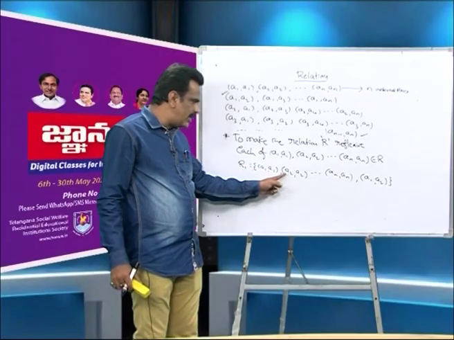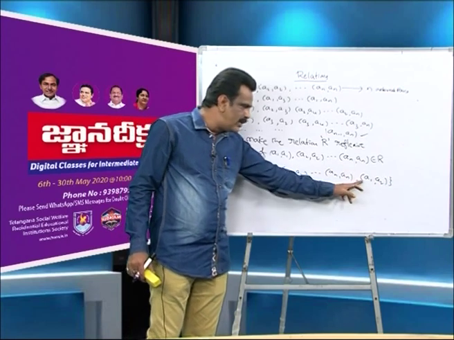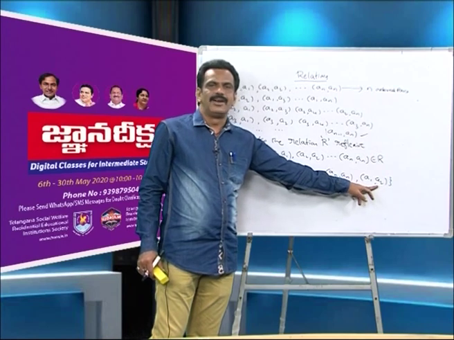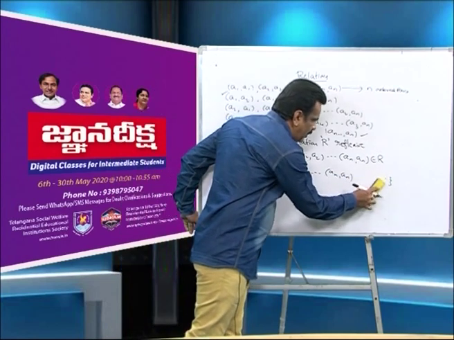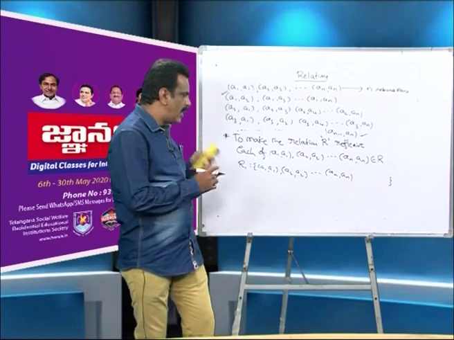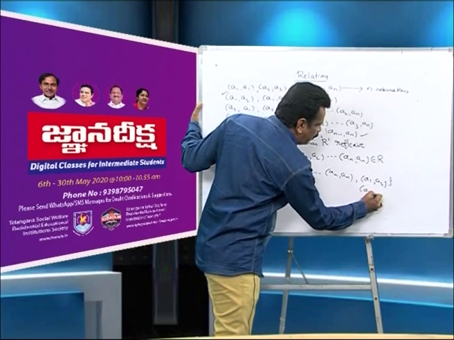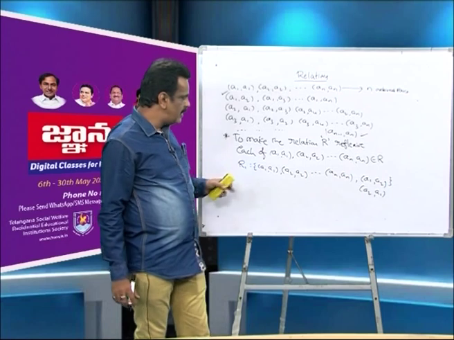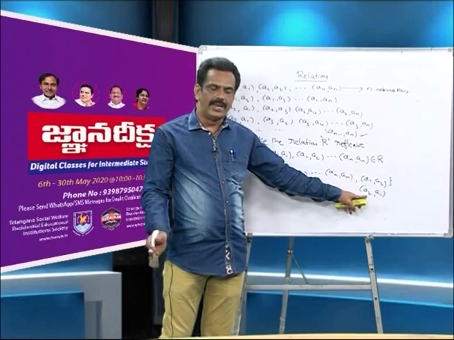Because of A1 A1, A2 A2, and so on up to AN AN, it is a reflexive relation. So A1 A2 is there in the relation, and it is not at all violating the reflexive property. Or if I delete this element, it contains only these n elements, and it is definitely reflexive. Or I add one more element A1 A2, even A2 A1 also. In addition to these n elements, I have included two more, and again it is reflexive.